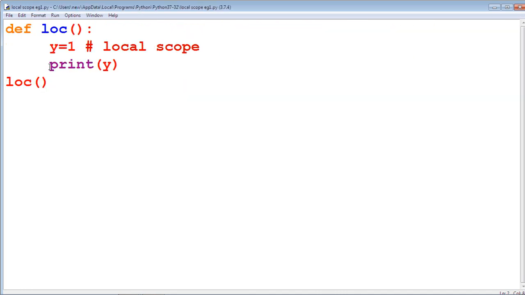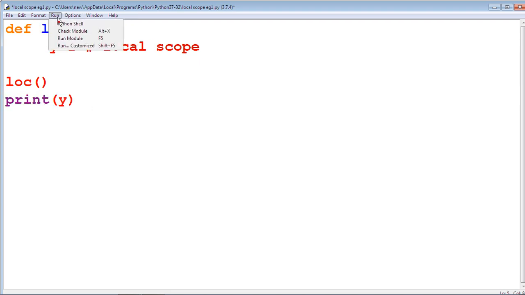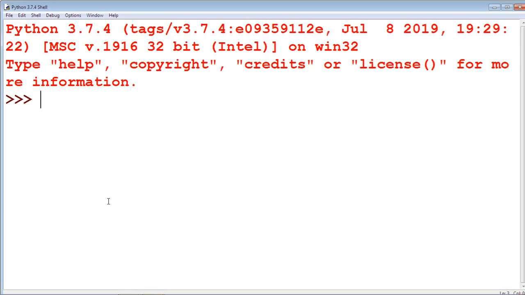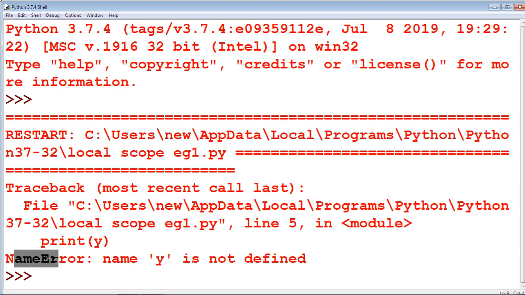Suppose this print statement is placed outside of the LOC function, outside of the definition. It leads to an error, NameError. What does NameError mean?